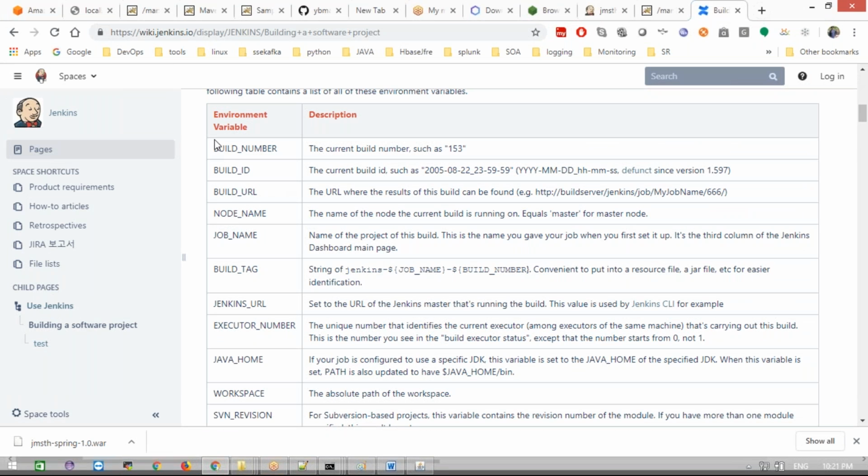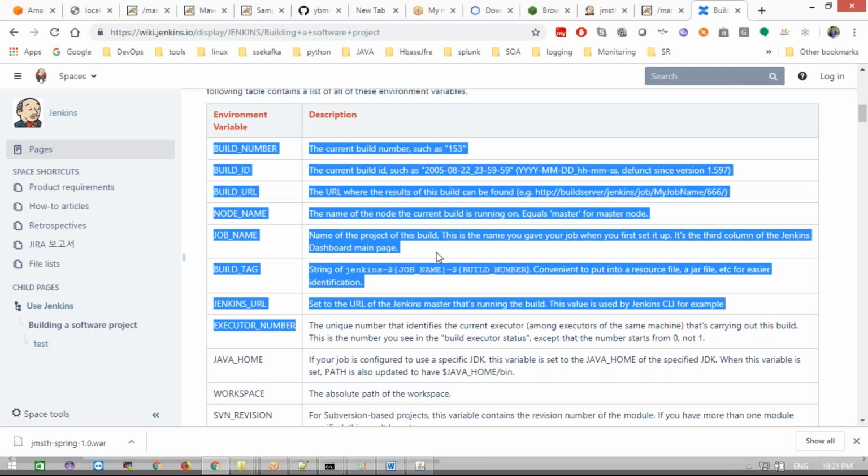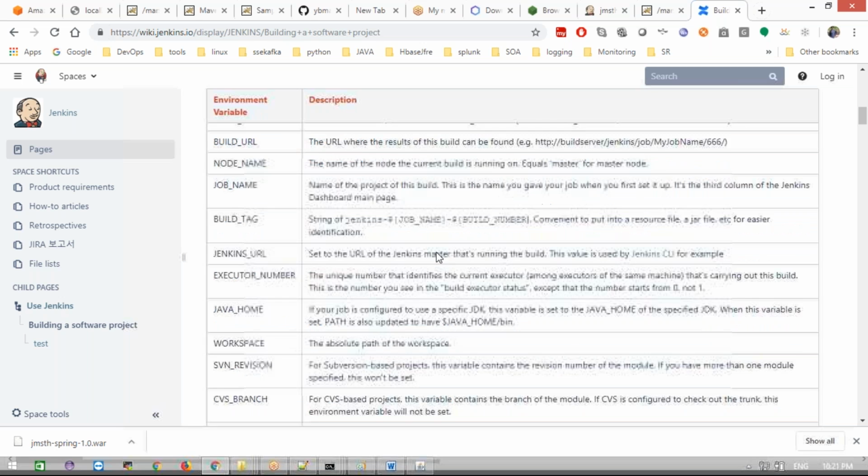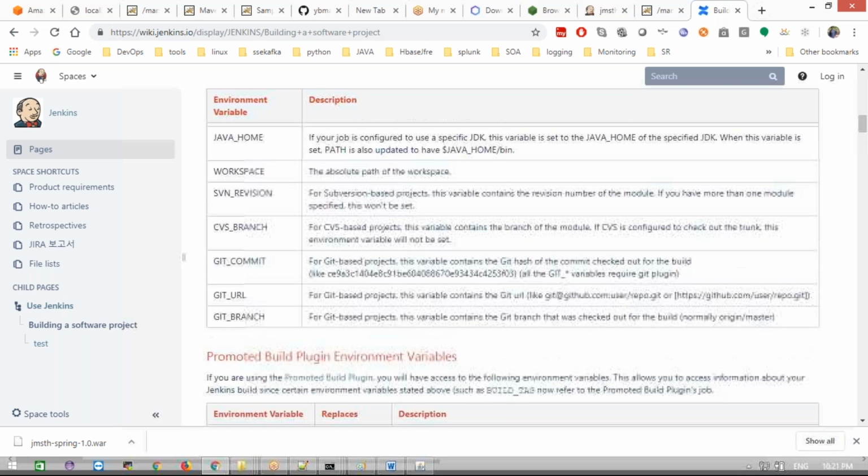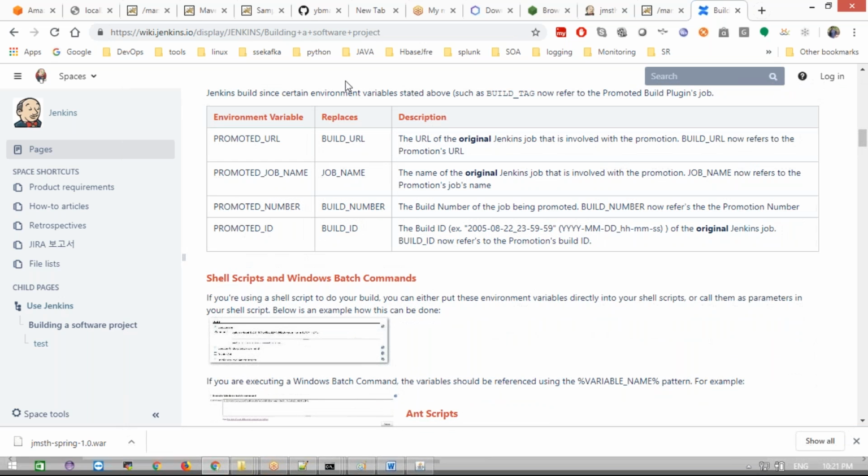We need to go here. Everything will be known from this. The default names that Jenkins provides will come, based on the option, and we are going to take them out here. This is very important, and we will use it in real time. Now I'm going to share the programming level, the pipeline and all, where we are going to use the same thing.